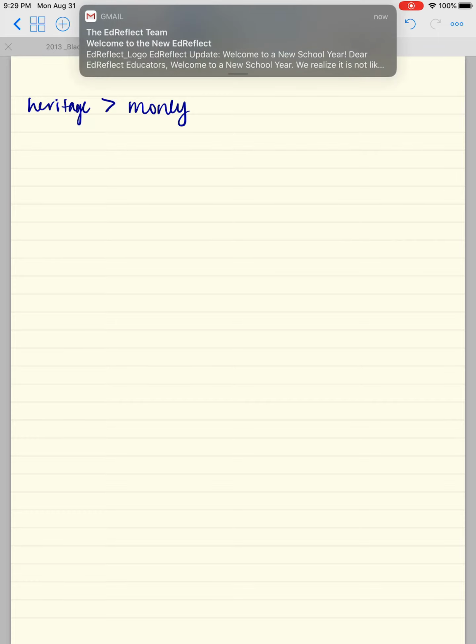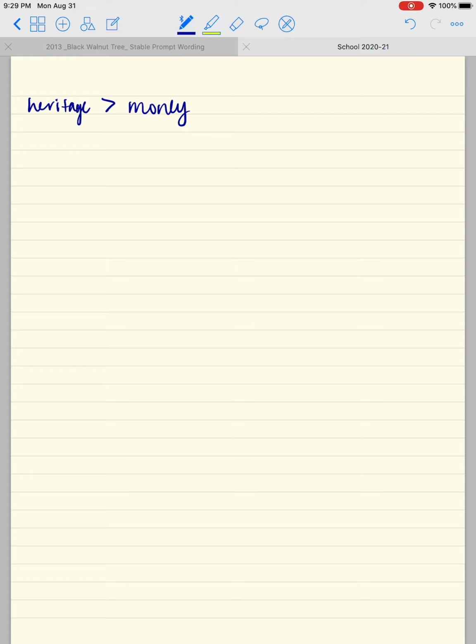Okay, so I've already decided based on my annotation that I want to focus on this idea that heritage is better than money, or it's more important. So that's where I'm going to start. So I want my thesis to follow the frame that we've created. So I'm going to start my introductory paragraph, and I'm thinking about this idea of heritage over money, and then